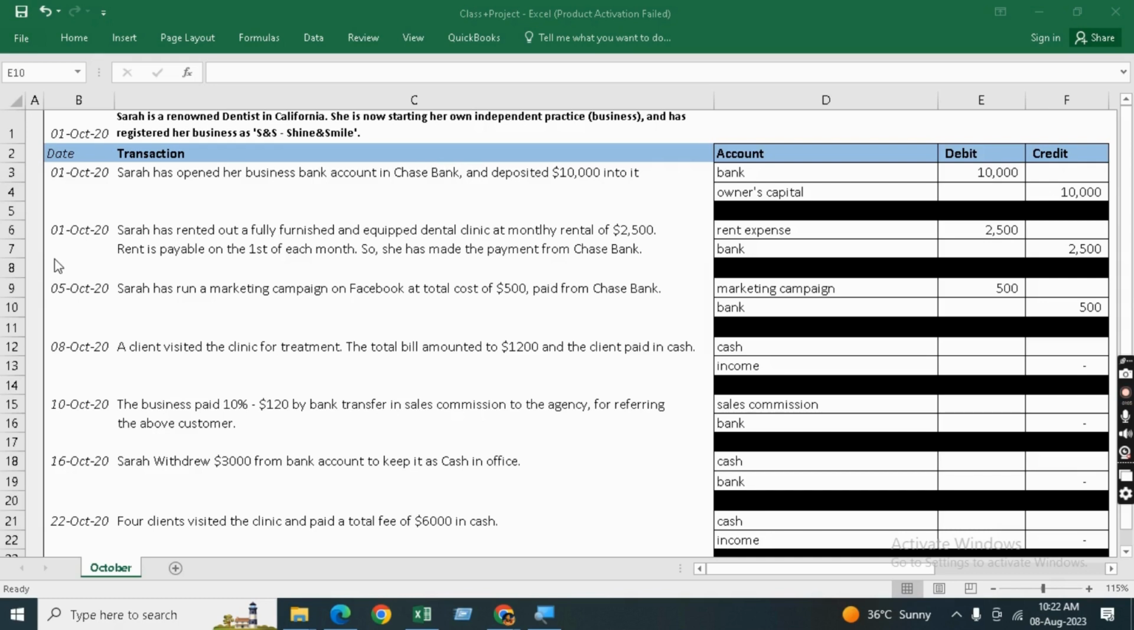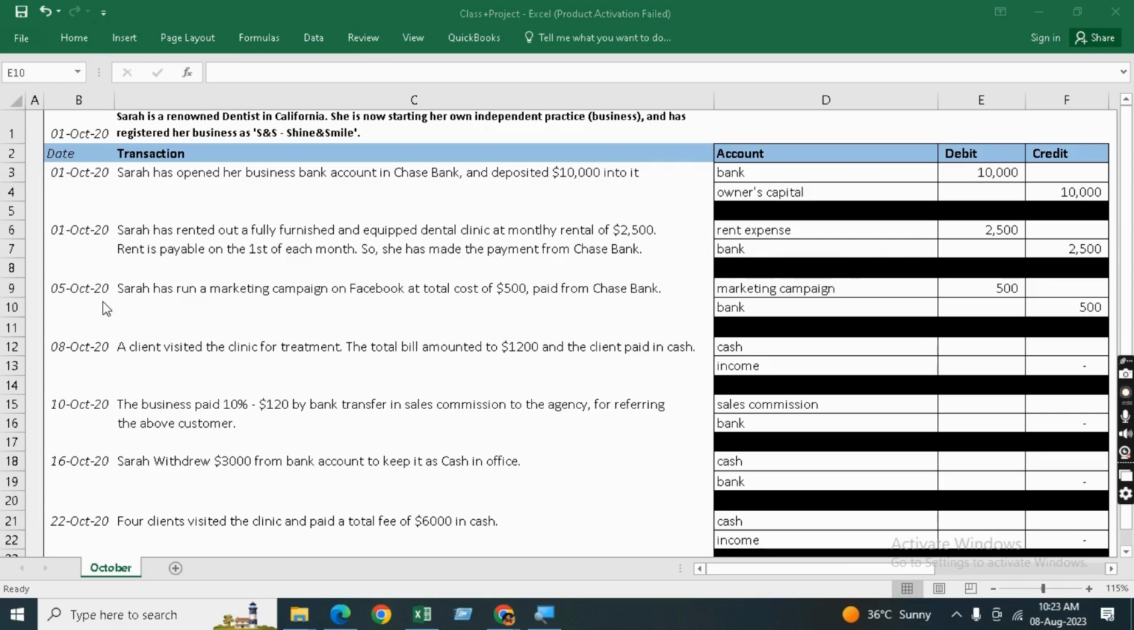Moving to the next transaction, on the 1st of October, Sarah has rented a fully furnished and equipped dental clinic at a monthly rent of 2,500, and she has to pay this on the 1st of each month, and she has paid it from the Chase Bank. So as we know, rental expense is a kind of expense. Since we have paid 2,500 for this rent, rental expense will be debited by 2,500. And since we paid this from the Chase Bank, the credit entry will be in the ledger of Chase